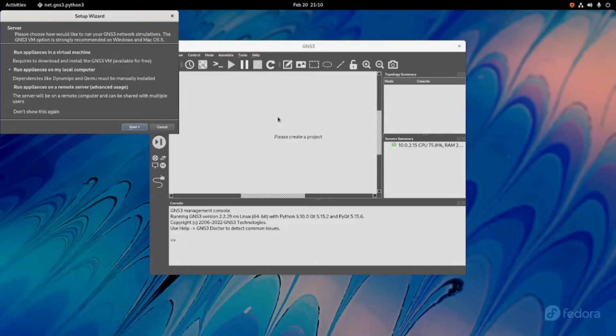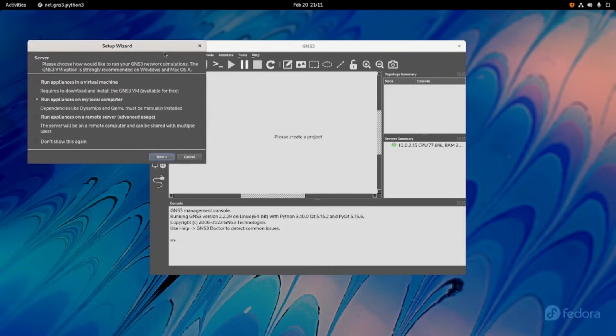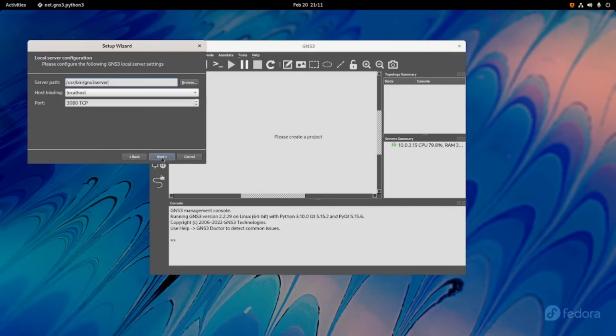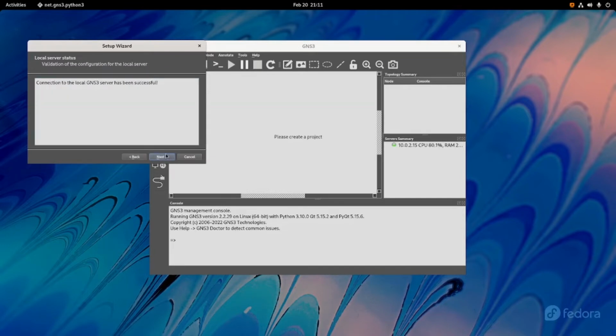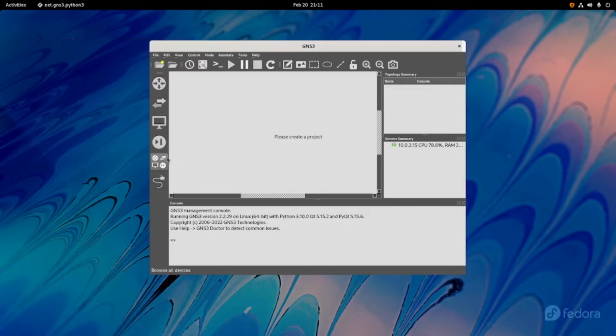At the beginning, when you run your GNS3 for the first time, you will see a dialog box like this. So I will choose this, run appliances on my local computer, and then next, finish.